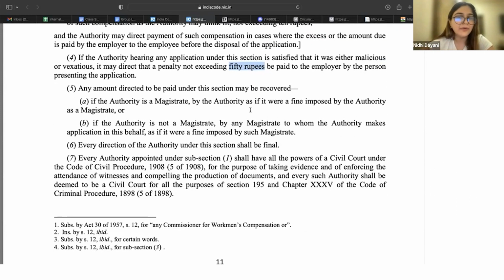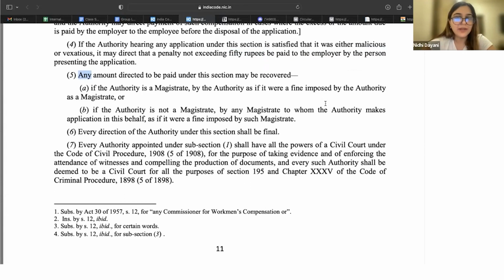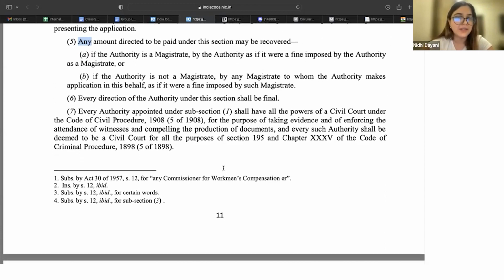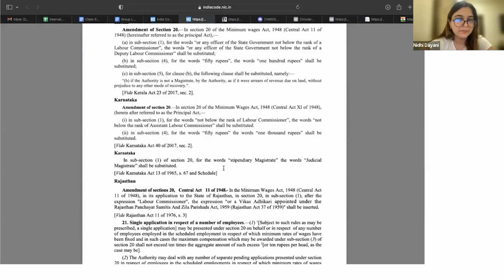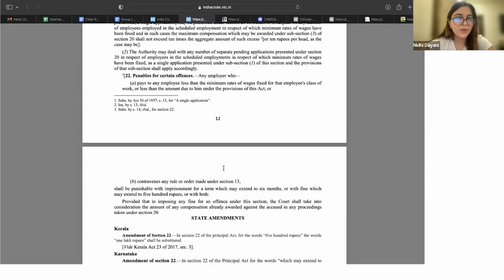How do you have to do it? Any amount directed to be paid under this section, if it were a fine imposed, you have to recover it in that manner. Of course, decisions would be final here, and the authority has powers of a civil court. Basically, the civil court can take evidence, they can ask for production of documents. So all of those powers of a civil court are given to the authority. Okay. Last is, what if